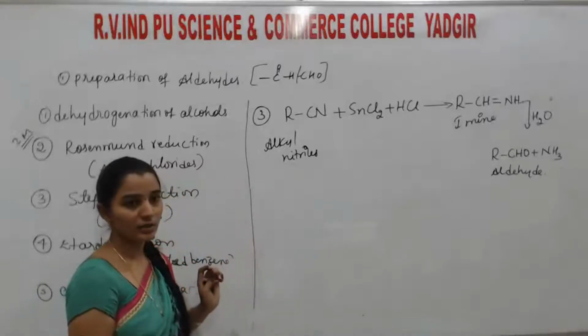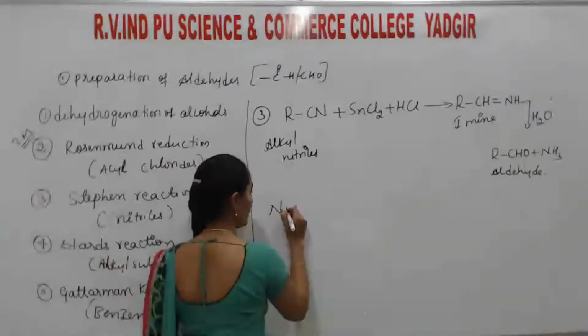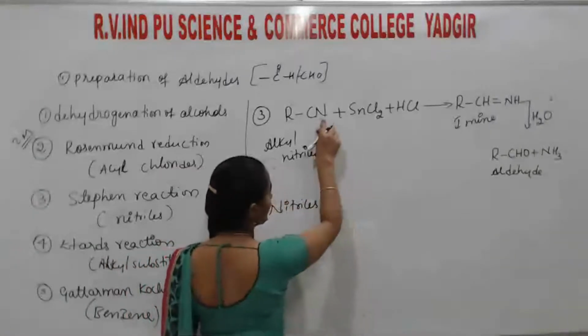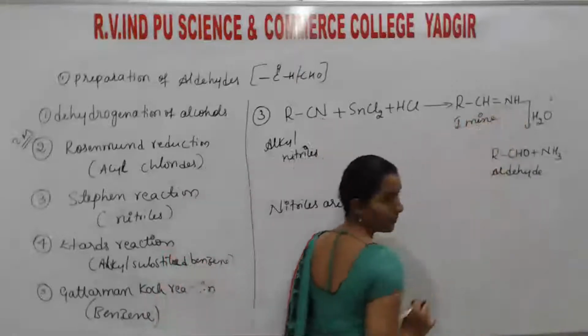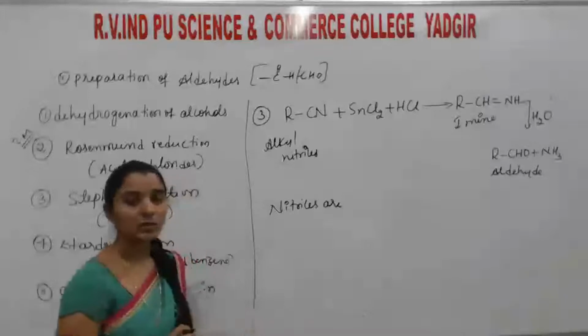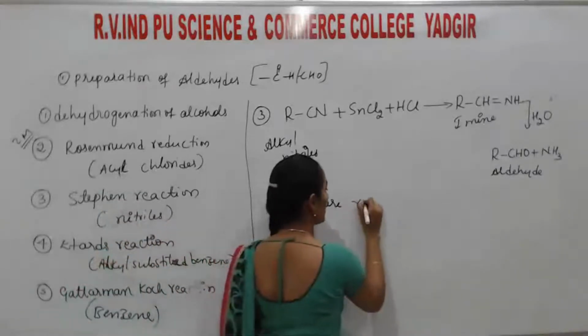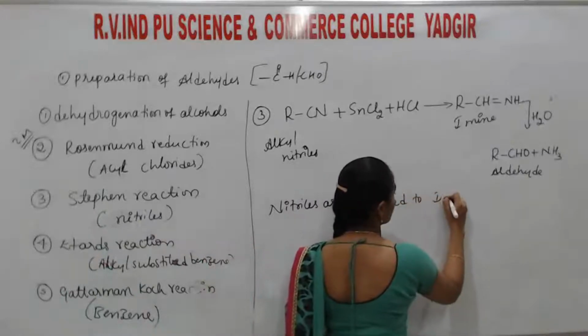So this is the reaction. How to explain that? Listen, CN is there, and to both carbon and nitrogen, H is added. Correct? So that is addition of hydrogen, which means reduced. So nitriles are reduced to imines